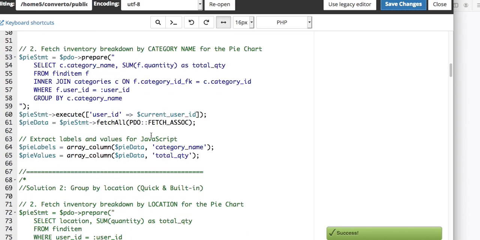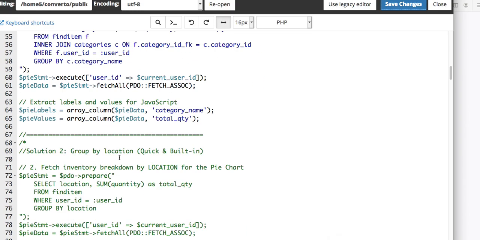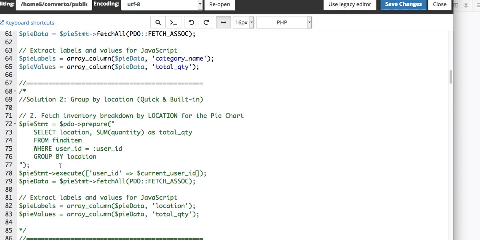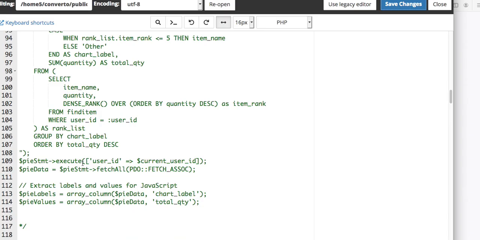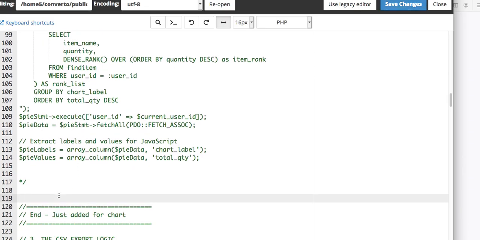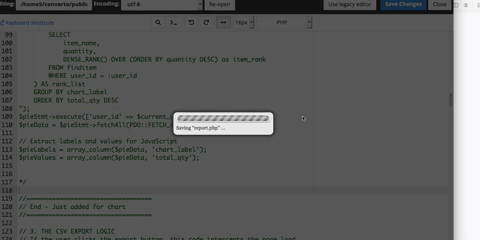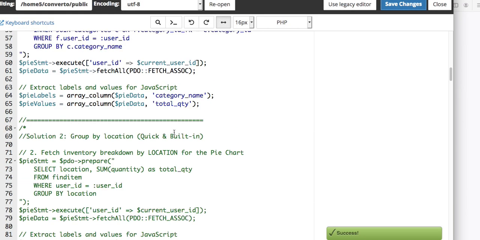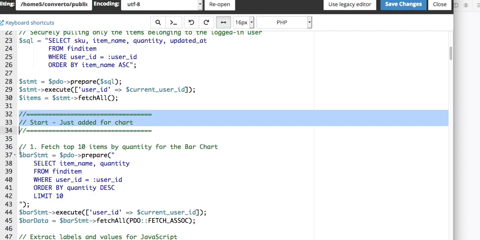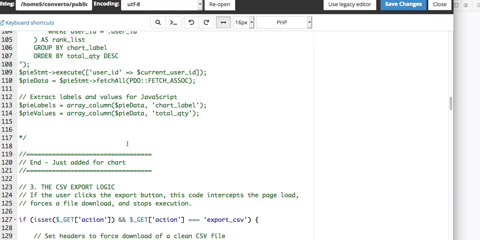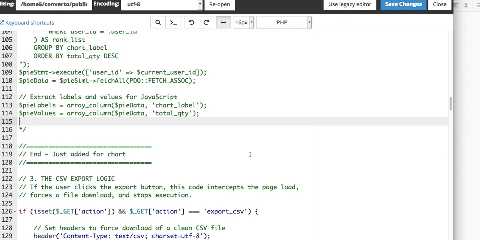I also added other things that I commented out in case I wanted to group by location, you could do this. Or if you want the top 5 items, you do it this way. So I kind of kept it. Let's get rid of that space. I wanted to keep it that way, and then I said, okay, let's do a simple one first, and then from there we'll cut all of this, from here to here, and add it to all the other reports that we created. We got to make sure you put it within